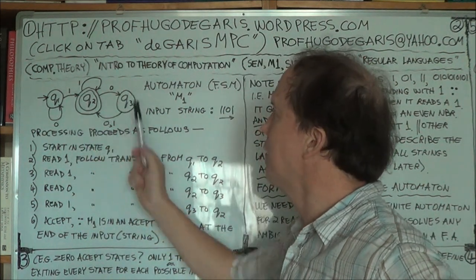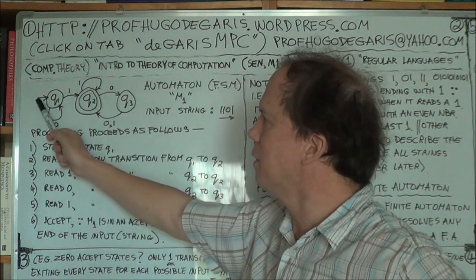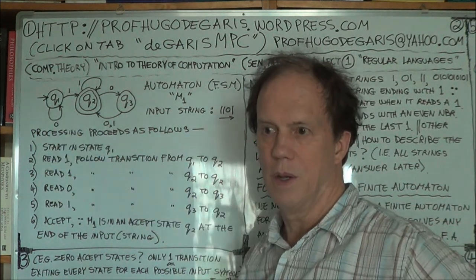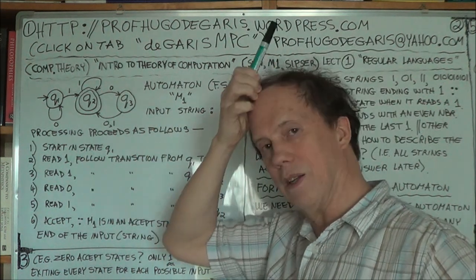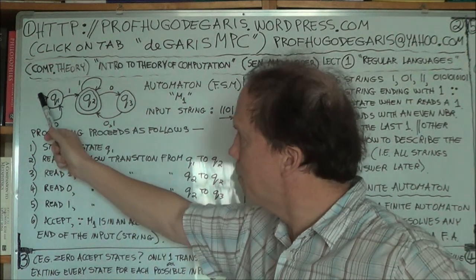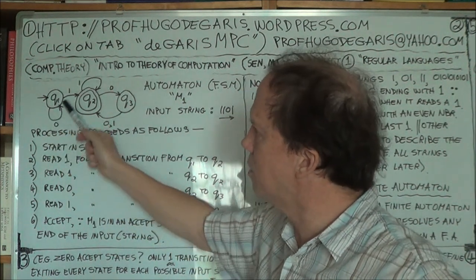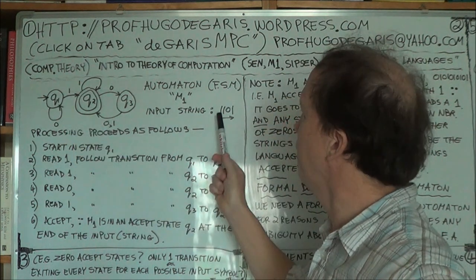Here are the states, and here are your transitions, these arrows are the transitions. Now this arrow here is not a transition, that's your start arrow. You have to start somewhere, you have to start in one of the states. Because we see this arrow, we know you're starting in state Q1. You start there, and then the